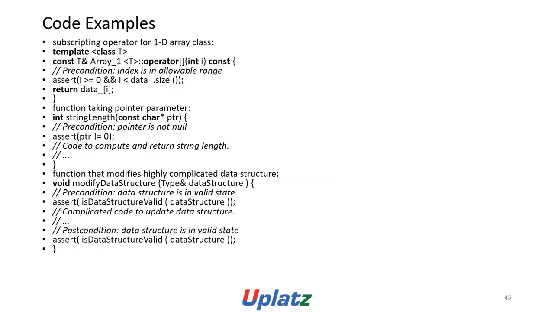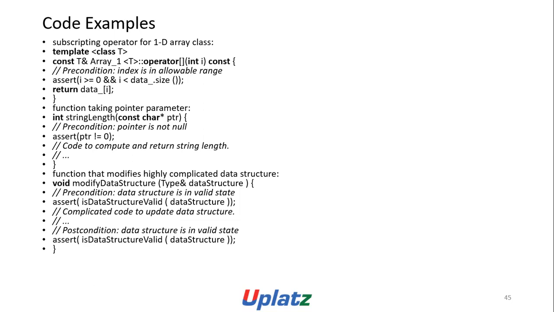Code example: subscript operator for an array-only class Array. template <class T> const T& Array<T>::operator[](unsigned int i) const { // precondition: index is in the allowable range. assert(i >= 0 && i < data_.size()); return data_[i]; } // function taking a pointer parameter int string_length(const char* ptr) { // precondition: pointer is not null. assert(ptr != 0);